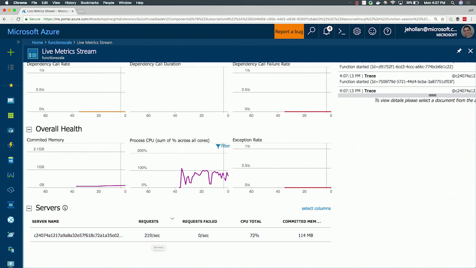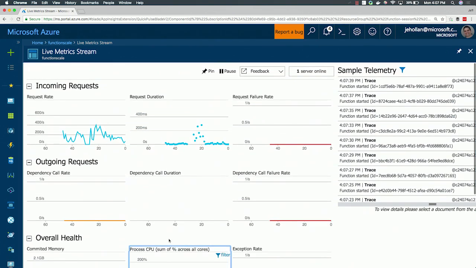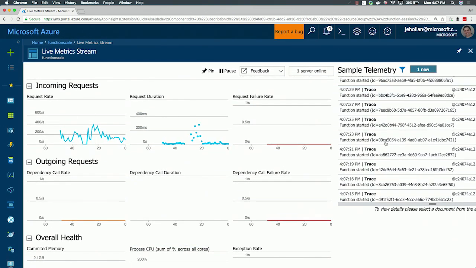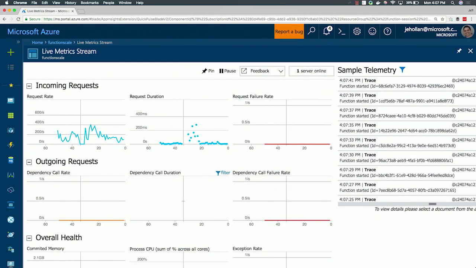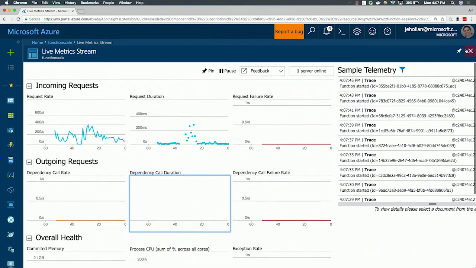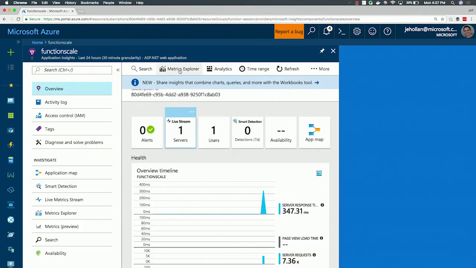But if this thing ever started hitting a threshold where it couldn't handle the load, you could actually watch this span multiple servers without me having to make any changes. So that's really cool that I get that type of insight. I can see the logs that I can emit. I can see my latency here as well. That's all great. The last thing I want to show you here in Application Insights is that I can do